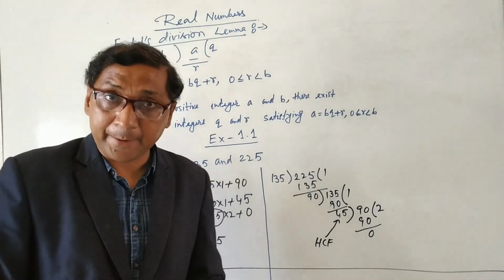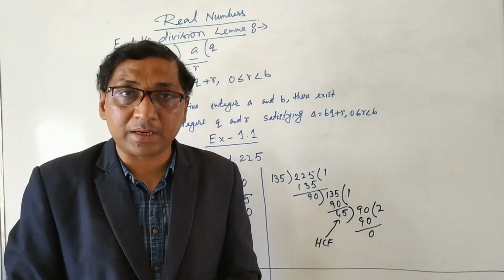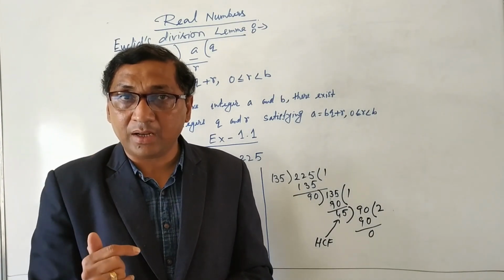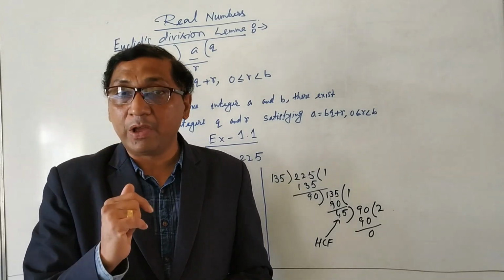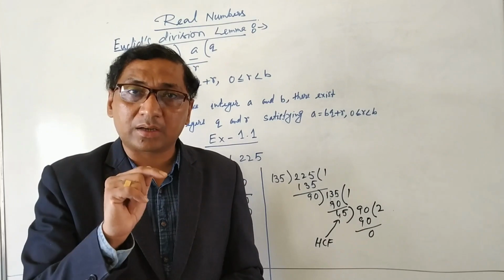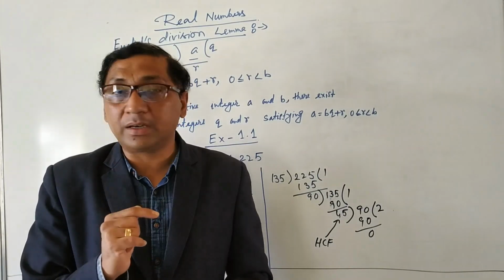In question number 3, the same method you will use. You have to find the HCF between two numbers and you will get the answer. The same applies to question number 3, question number 4 and question number 5. Question number 2, in the 2002 question paper, you will observe that questions came in the board examination. Now I am showing question number 2.